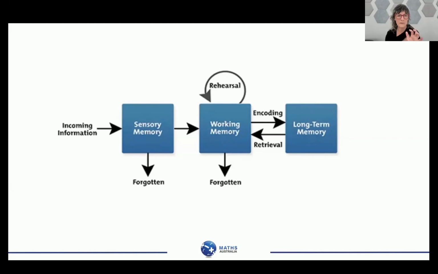And when you see with this slide, some of that is forgotten. So some of the things that happen to us, we forget, we don't retain, but then it goes, as we hope, into working memory. Some of that's forgotten, and from working memory, some of it gets encoded and put into long-term memory so that we can retrieve it. Some of it's forgotten, and rehearsal is the piece, as well as making it multisensory, that actually supports us to put information into long-term memory.